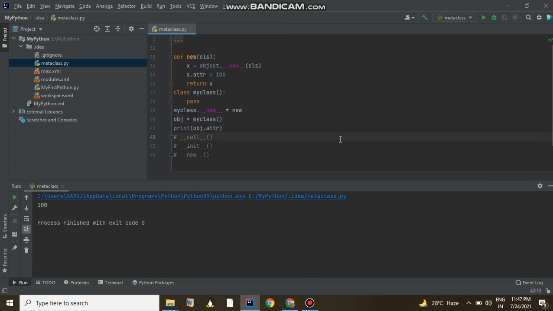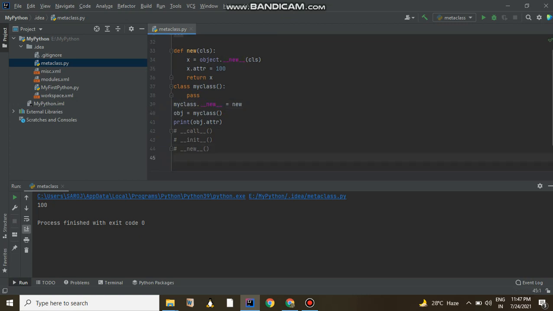Right now whatever we are doing, we are just mucking around with the same type metaclass. So here we are going to change this approach, that means we are going to change the type class itself. This new method is very much essential to do that. So let me do that here.